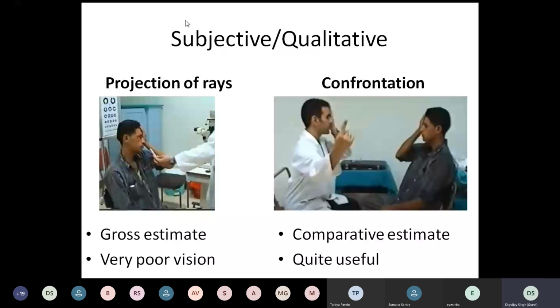This should ideally be done in a dark room or in bisopic illumination using a bright source of light, but a focused source of light. So even the indirect ophthalmoscope does very well here. And if you're asked to demonstrate it, you can use the indirect ophthalmoscope's beam of light to demonstrate it.